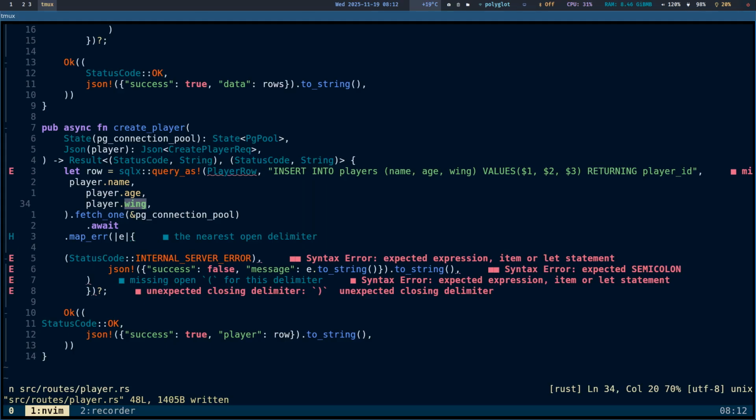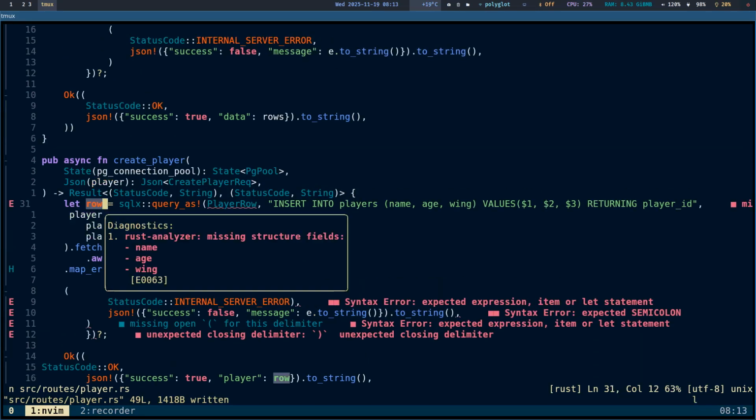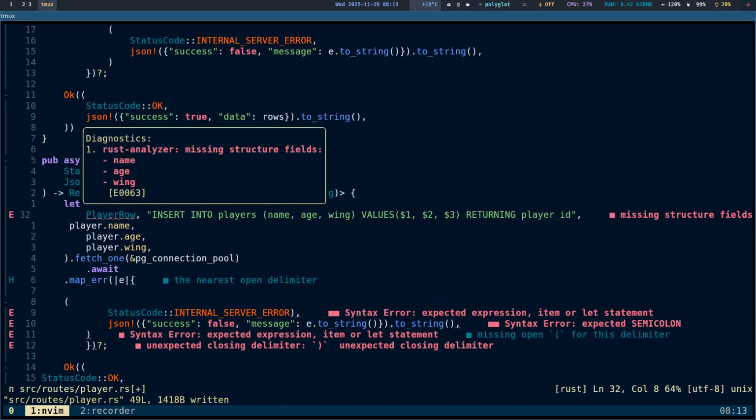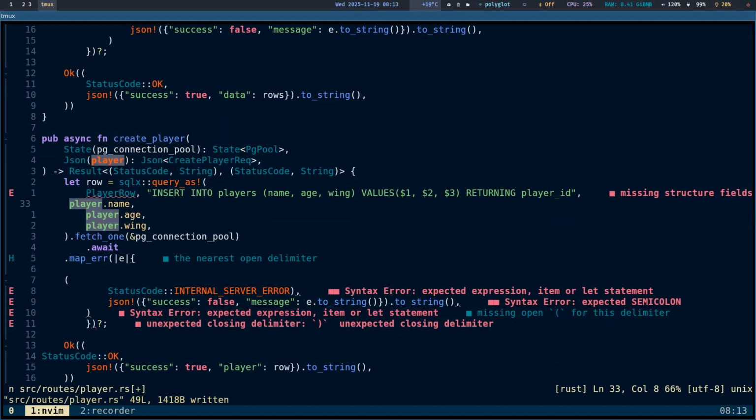So can I hand this? What is the error here? Query player row, insert into player. Let me try to fix this error. Player row, insert into players, name, age, wing, then values,